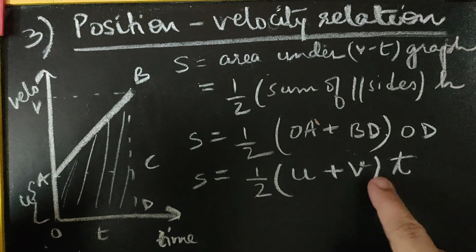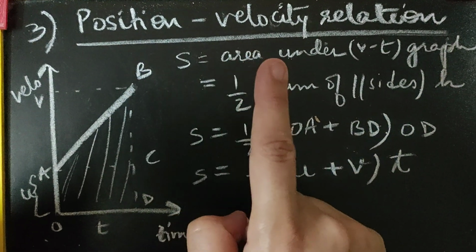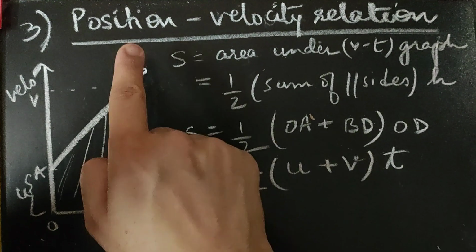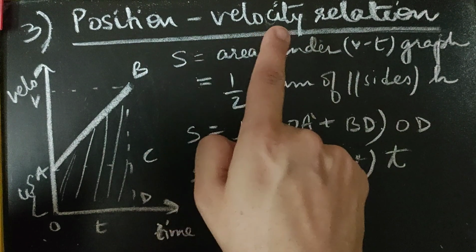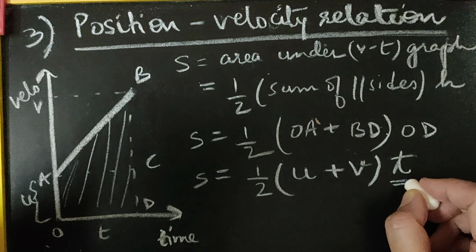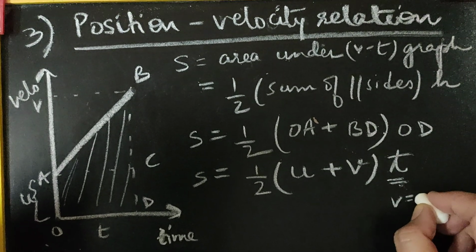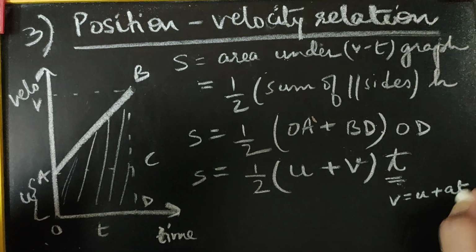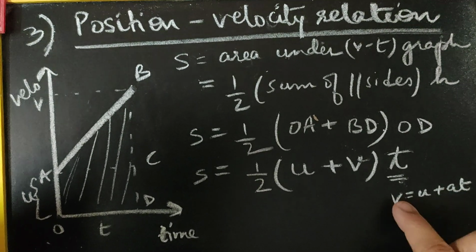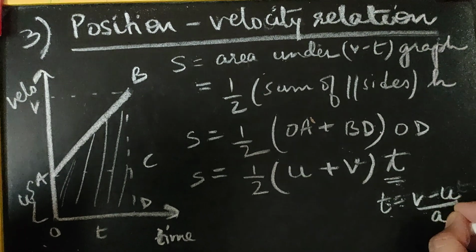You can clearly see we reached this equation while we were deriving the position time relation, the previous one. Now here we are not having time in this relation, it's a position velocity relation, so we will remove T this time, and to do that we'll be again using the first equation, which says that v is u plus at, or I can rewrite this equation and write t as (v minus u) upon a.